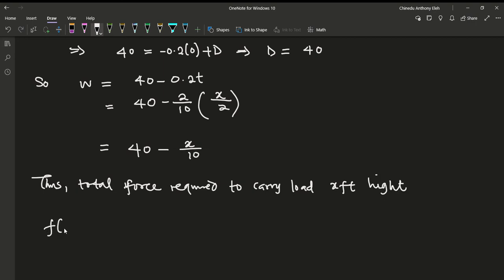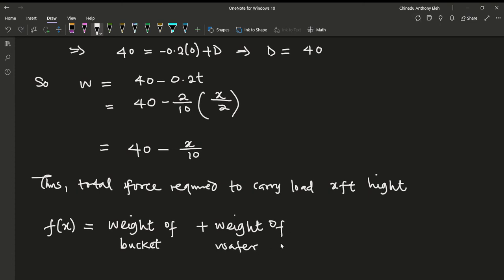So F is now dependent on x, and this is nothing but the weight of the empty bucket, plus the weight of the water that is carried in the bucket, and plus